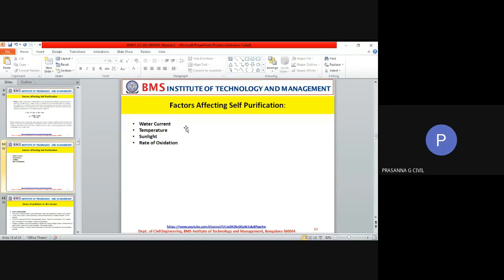Undercurrents are seen mostly in tidal waves and those types of oceans. Even in flowing rivers, you talk about undercurrents, but in stagnant water bodies, undercurrents will be less. If you have currents present, the wastewater will mix up thoroughly with the water body. High velocity will improve the dissolving of oxygen into the water and reduces the time needed for your river or water body to get back to its original quality.